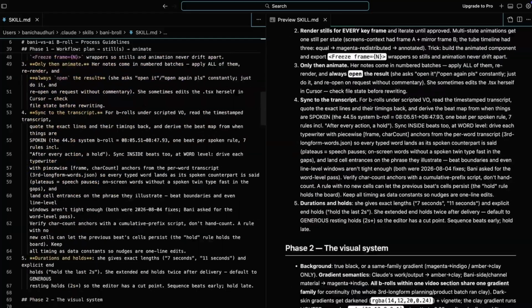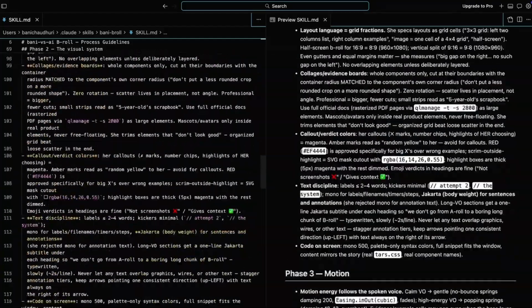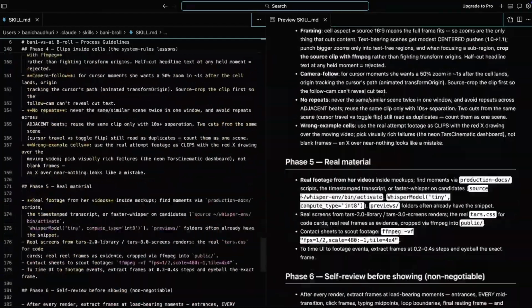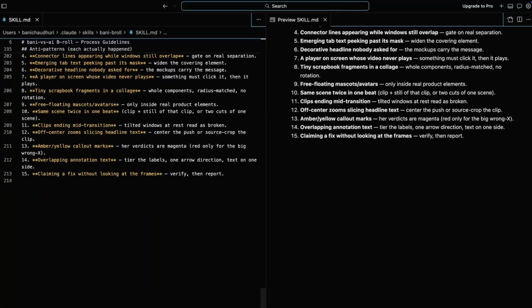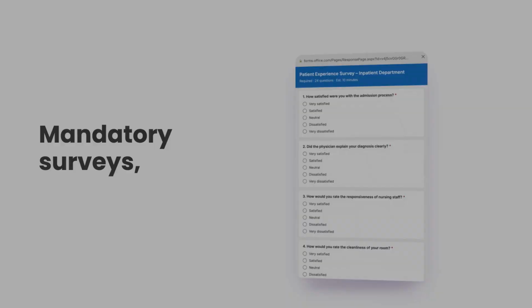Remember at the start where I said that this whole thing comes down to one text file? This is the file. And it means that the next video doesn't start from scratch. It starts from everything that those 3 attempts already taught it. So I actually tested if it works. And here's a whole other video with a completely different message for a completely different audience, made using the same skill for the same company.